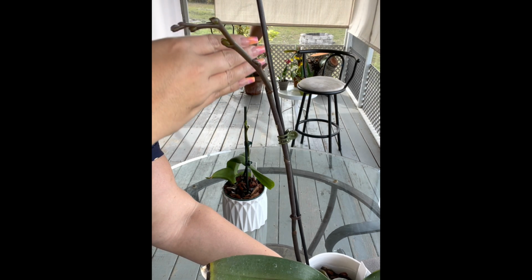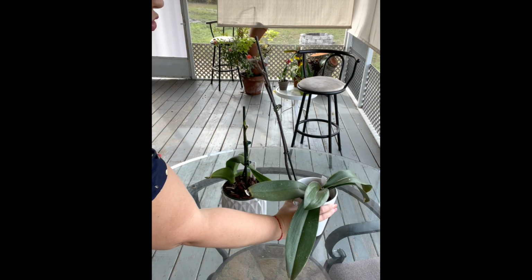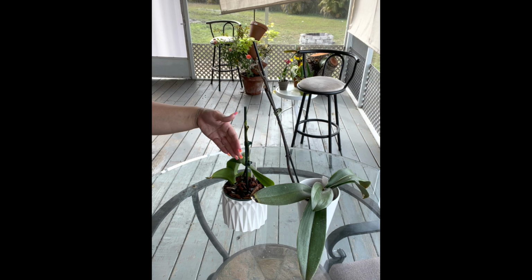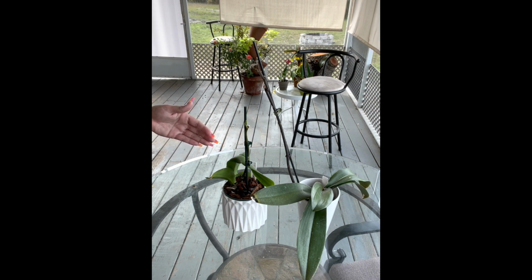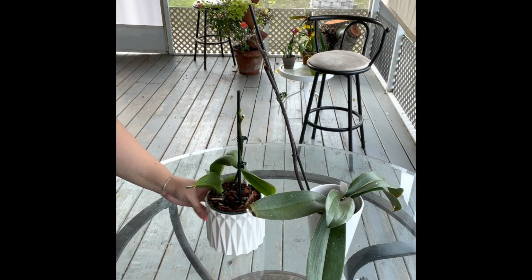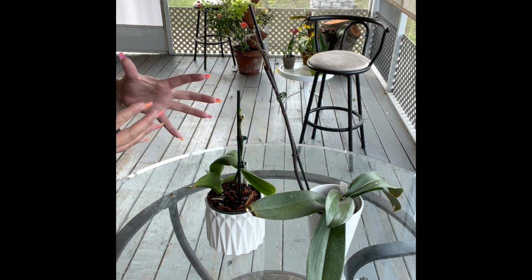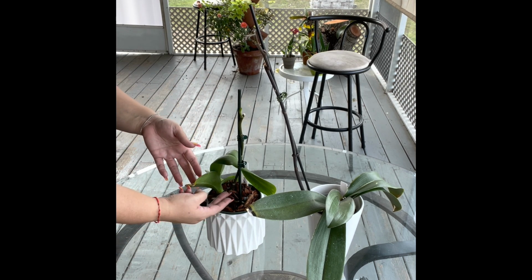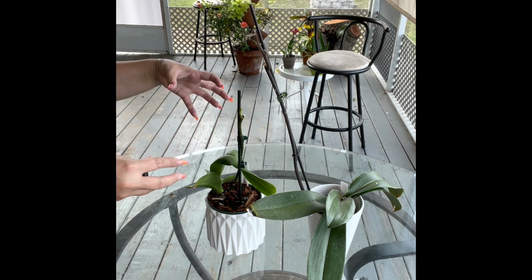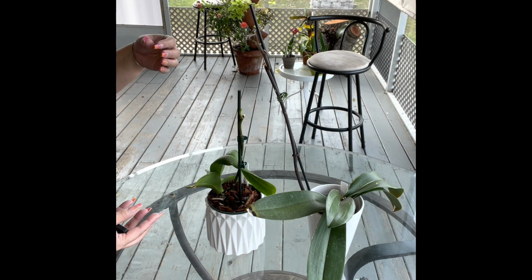So you can do that. That is an option. But like I said, if you see that the orchid itself is struggling and your leaves are not doing very well, and your root system is not doing very well, and it's just struggling, my advice would be to cut the flower spike once the flowers are spent, and once the flower spike is spent, to cut it down all the way to the bottom, in order to help the orchid recover in those areas that are important, so that she can again produce a new flower spike and produce new